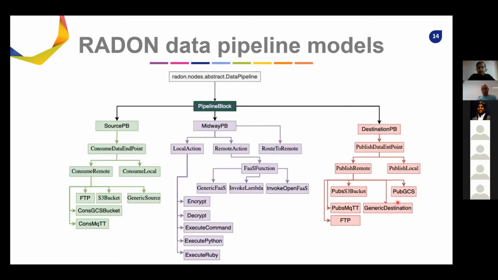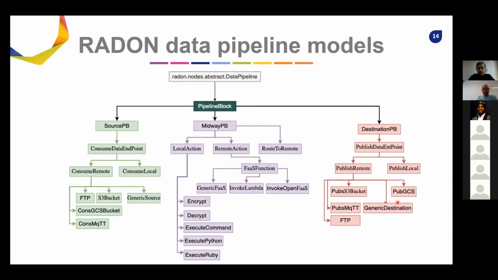So the RADON data pipeline models consist of mainly 3 types of data pipeline services. There's one more, but it didn't fit very nicely into this graph. They are mainly source pipeline blocks, which are node types that consume data from some external service or storage. There are midway pipeline blocks that transform data, or send data to a fast function to be processed and returned back. And the third type is destination pipeline blocks that publish data to external services or storage, such as publishing to